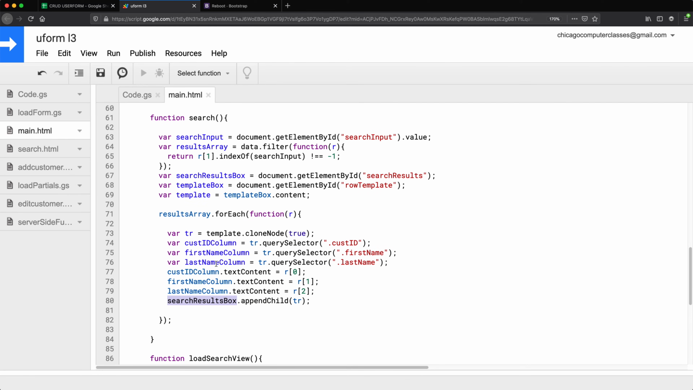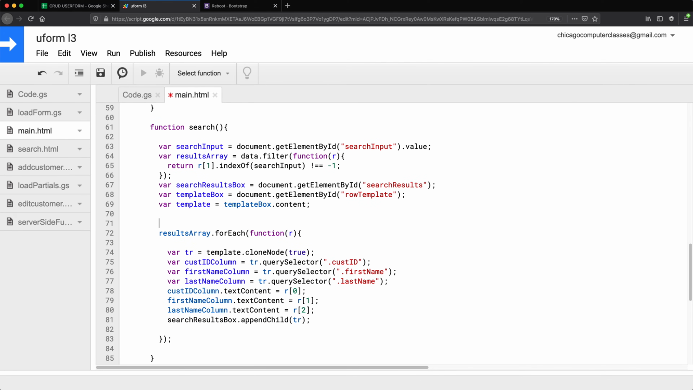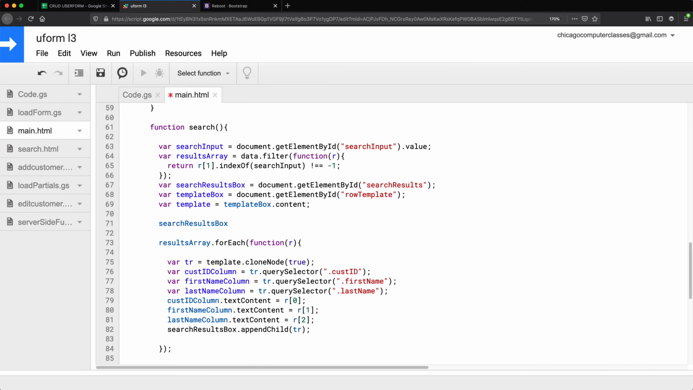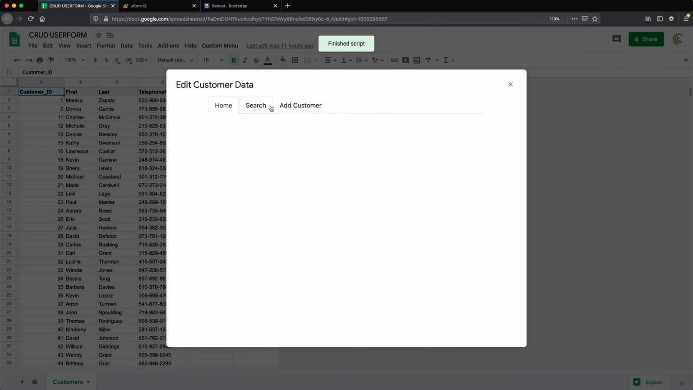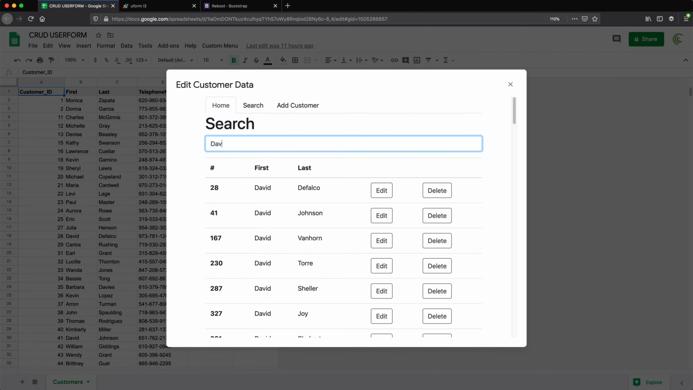So we're going to take that search results box right in here, before we fill that up, and just make it empty by doing innerHTML equals nothing. Close this. Let's get back and do this again. Click on search. So that was good. Now, one other thing I want to do here,